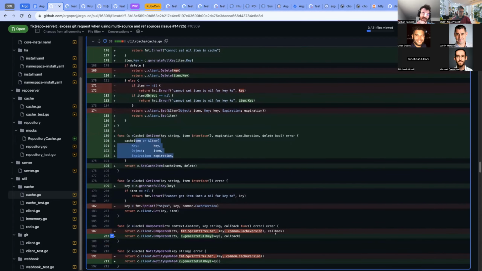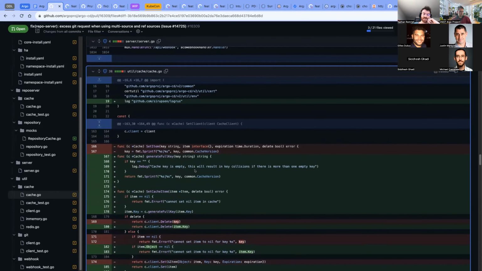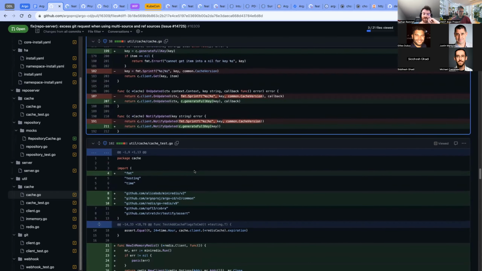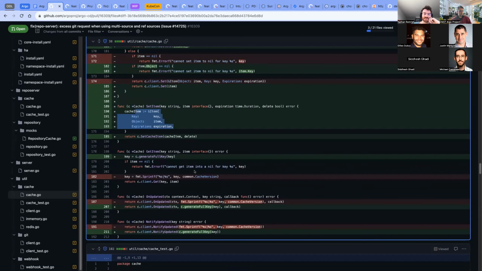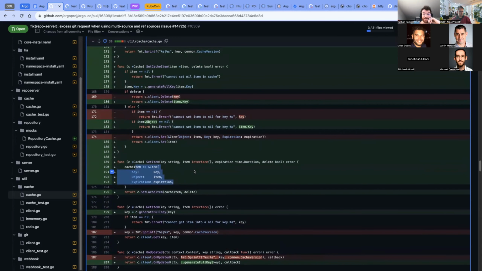I added into the cache item object the option to disable overrides, kind of like the Redis NX option. For the lock, that's important because we want the first locker to get it. Otherwise, everyone tries to get the lock and they do get it, and then the last one thinks it was the locker, but so does everyone else. So we need a way that only the first one who tries to request it can obtain that lock. That was my thinking there. Updating a bunch of calls everywhere every time we want to add options can be a little bit cumbersome, but it also kind of hides some of those options. So there's always the trade-off there.